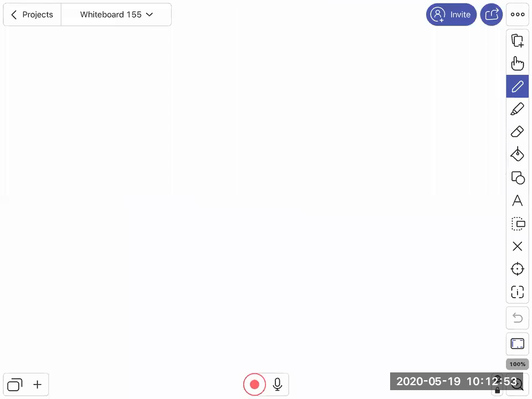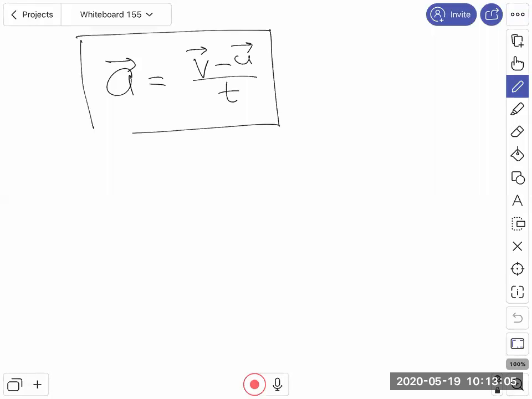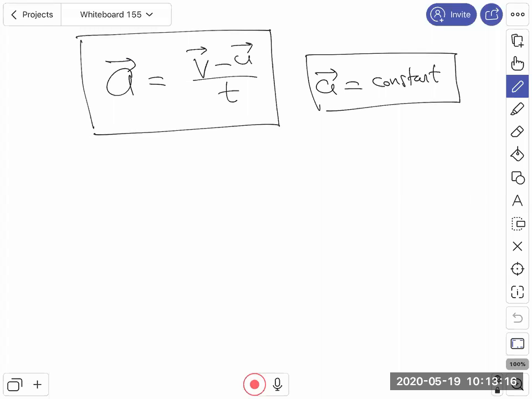So just remember that we can use this equation. Acceleration is equal to nothing but v vector minus u vector divided by t. Just remember that this equation is valid only when acceleration is equal to a constant. अगर acceleration constant नहीं है, तो we cannot use this equation. Same as like we can use velocity is displacement by time only when velocity is equal to a constant. अगर if acceleration is not a constant, then we'll go for its instantaneous value or average value. We'll discuss about that. So in bracket you can mention that this equation is valid only when acceleration is equal to a constant.